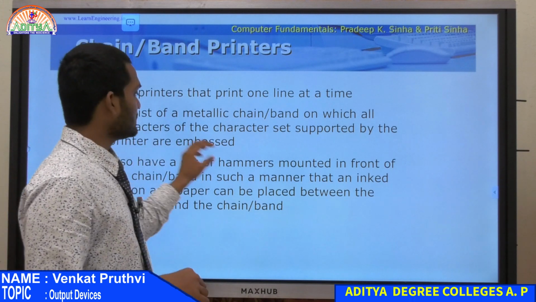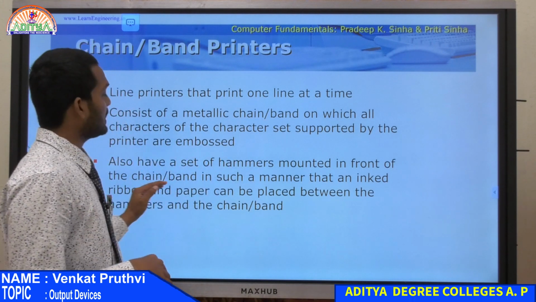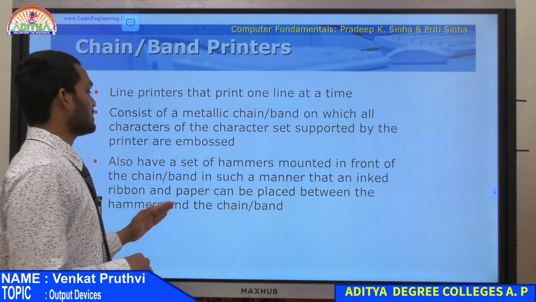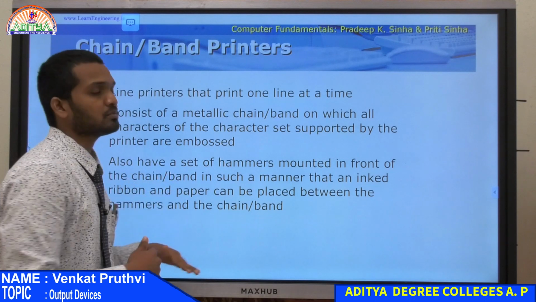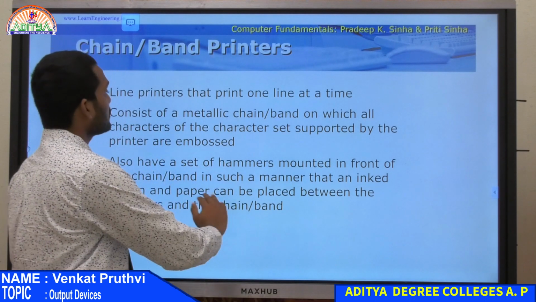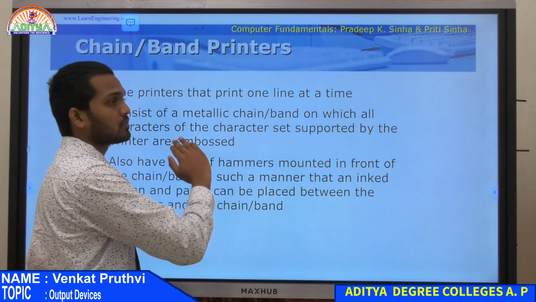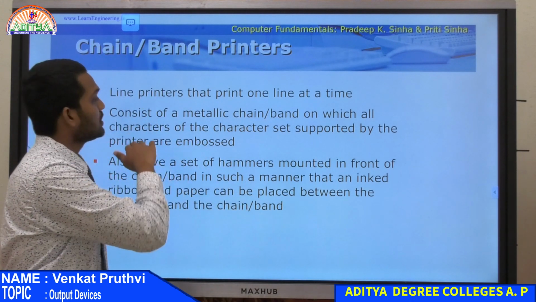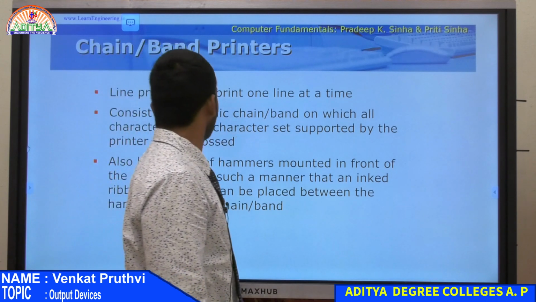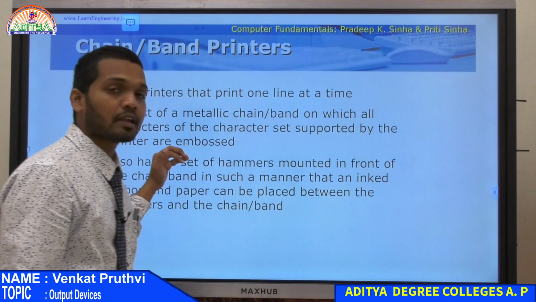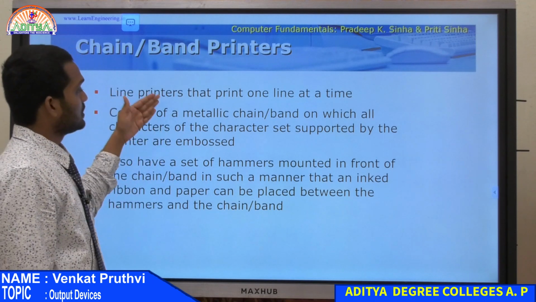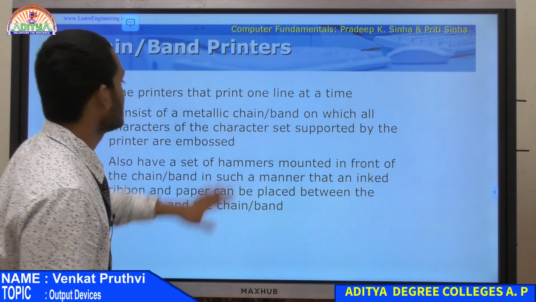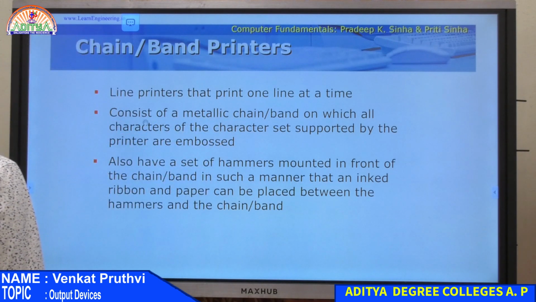And then they also have a set of hammers mounted in front of the chain band in such a manner that an inked ribbon and paper can be placed between the hammers. This is the same concept as your drum printers, but the only difference between this one and the previous one is that it will support all the characters of the printer, and all the supported characters are embossed on this drum, or you can call it a chain or a band. Okay, and then